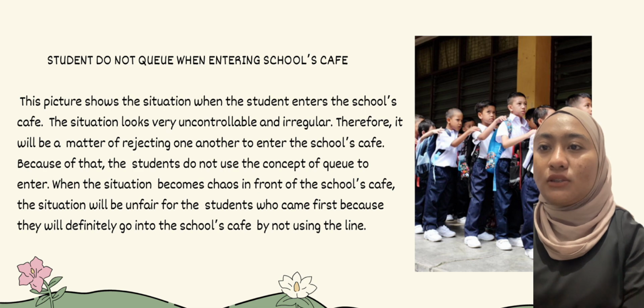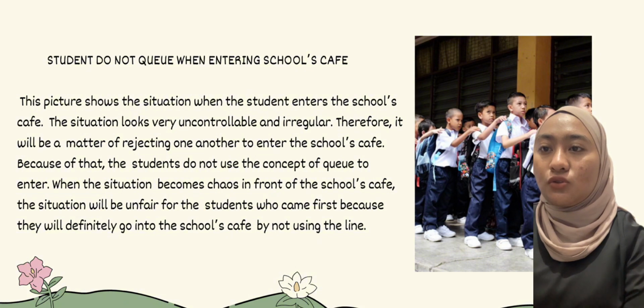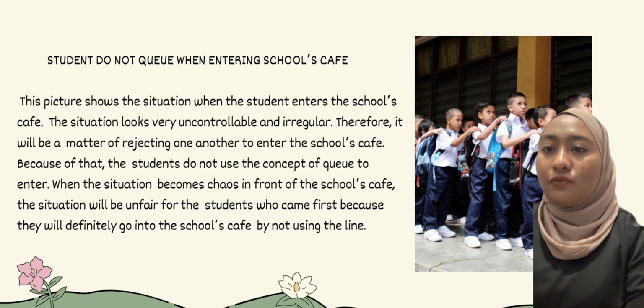Students do not queue when entering the school cafe. The picture shows the situation when the students enter the school. The situation looks very uncontrollable and irregular. Therefore, it will be a matter of rejecting one another to enter the school cafe. Because of that, the students do not ask for the concept of queue to enter. When the situation happens in front of the school cafe, it will be unfair for the students who came first because